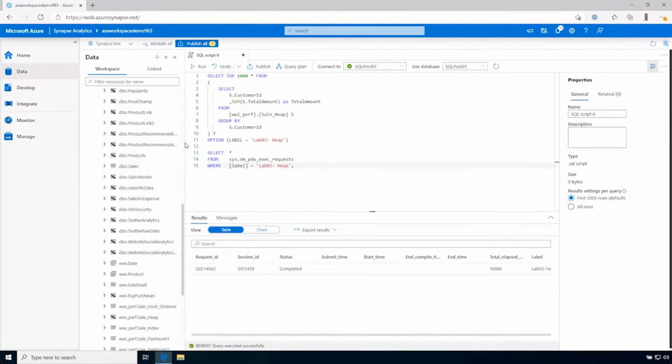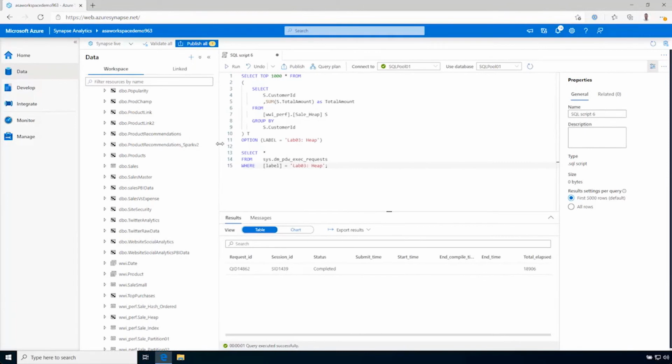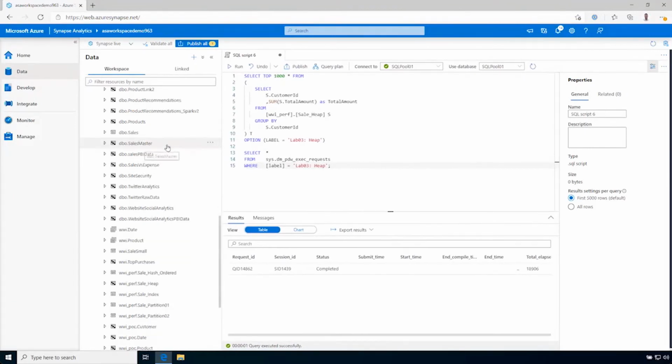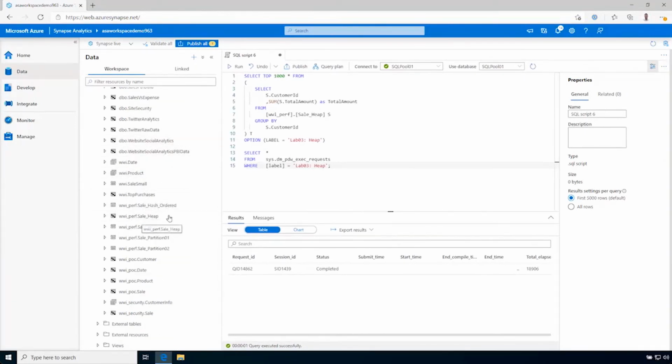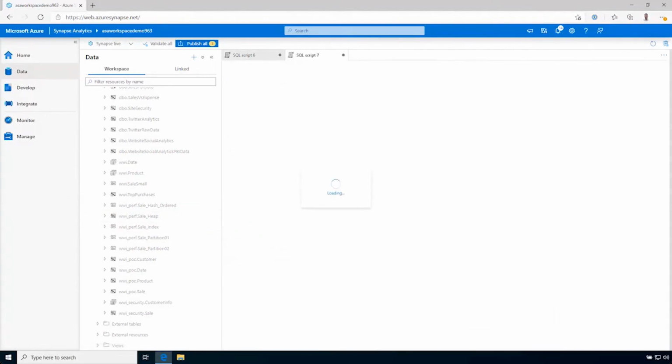Now let me make this a little bit bigger. Can I do that? There we go. Perfect. Okay, the sale heap table. Yeah, perfect. So this one, I'm wondering what the structure of this table is. So for that, maybe we can go and say new SQL script and create to be able to see how